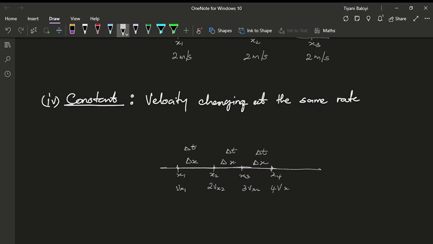You don't have speeding up rapidly or slowing down rapidly. This change could be in this direction, which is positive, or in this direction, which is negative,